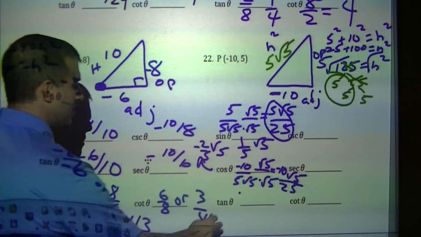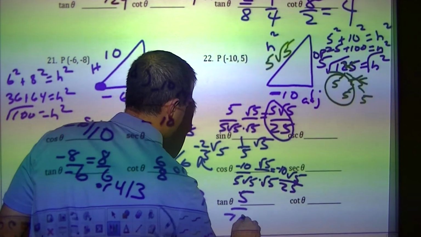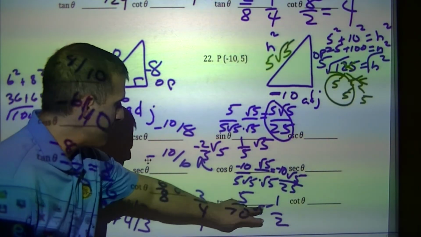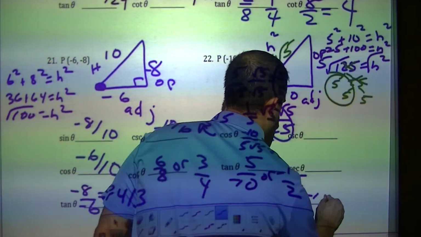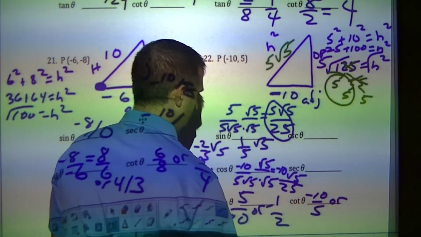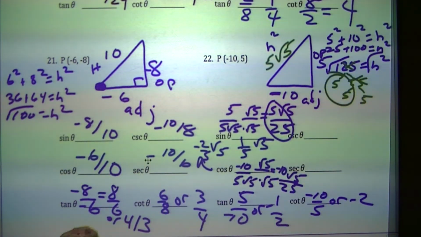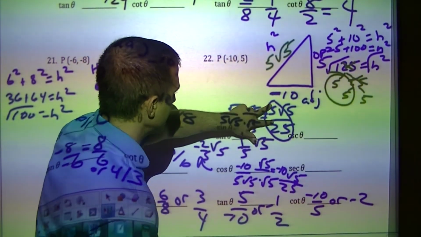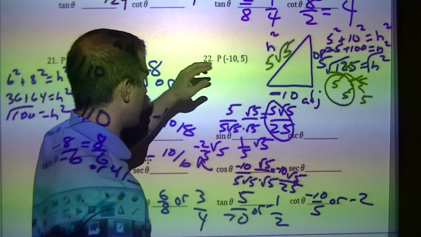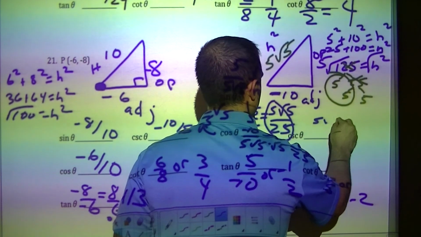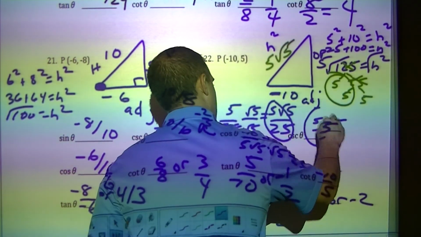All right, tangent, 5 over negative 10, if you want to write it like that, or negative 1/2, that would be okay. The easy flip for this is negative 10 over 5, or negative 2. Okay, either way, that's fine. Now on this one, what you're going to do is you can start here, flip that, so that's going to be 5 square root of 5 over 5 to start. If I divide that